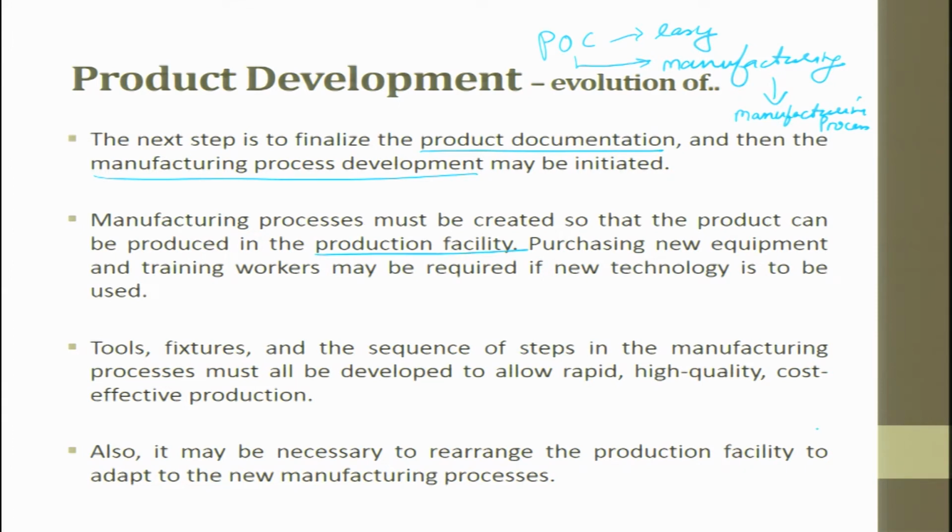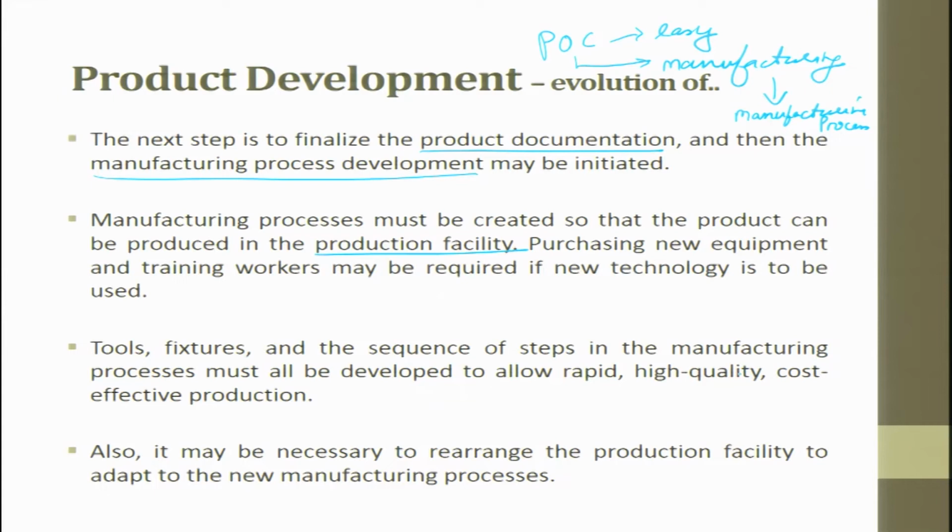So, now when you have decided to make a product, one way is you buy all new machines. The other way around is you look at your existing facility, look at whatever you have and tweak the product you develop for the available facilities. Purchasing new equipment and training workers may be required if new technology is to be used. If you are trying to automate and produce in thousands, then it is good to go for a new machine. If it is going to be batch size production, the existing facility can be tweaked, fixtures can be made, machines can be modified, something like that can be done.